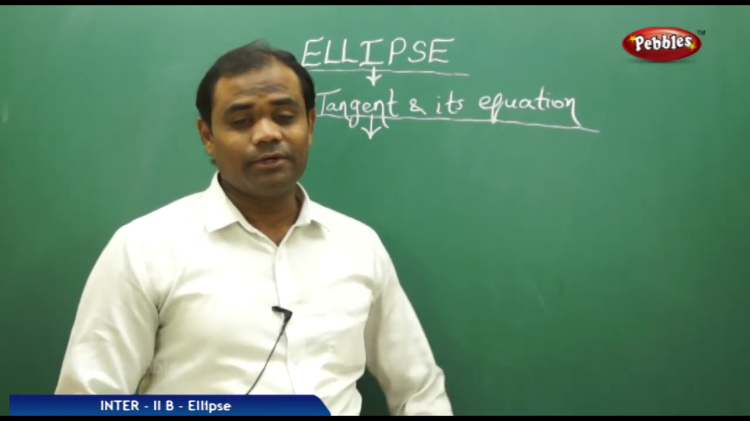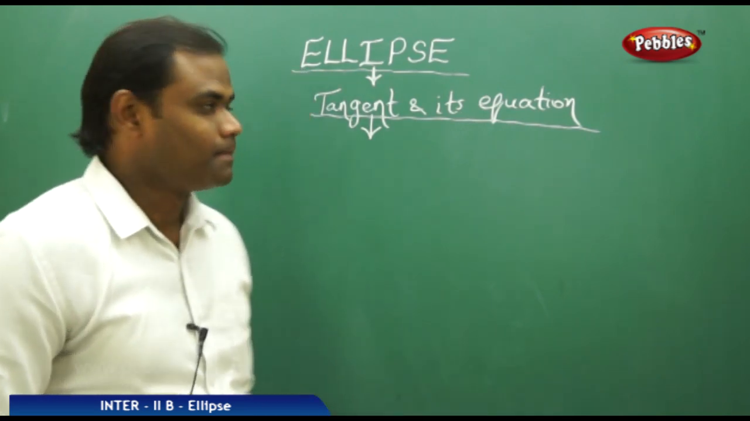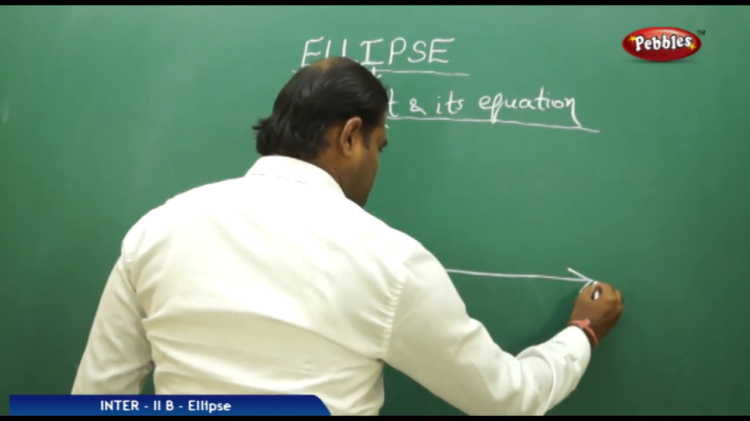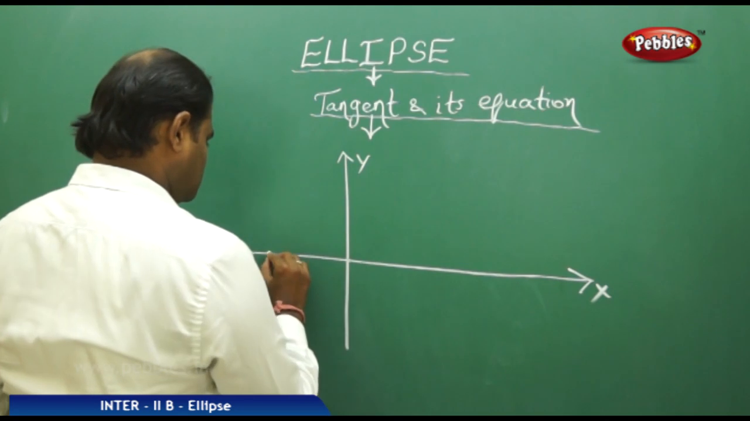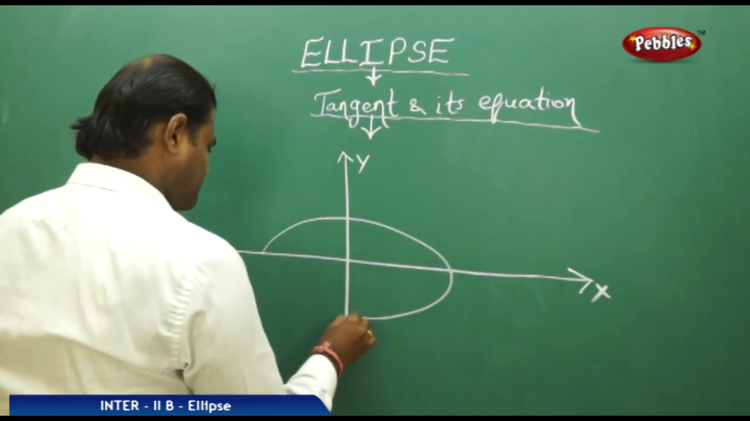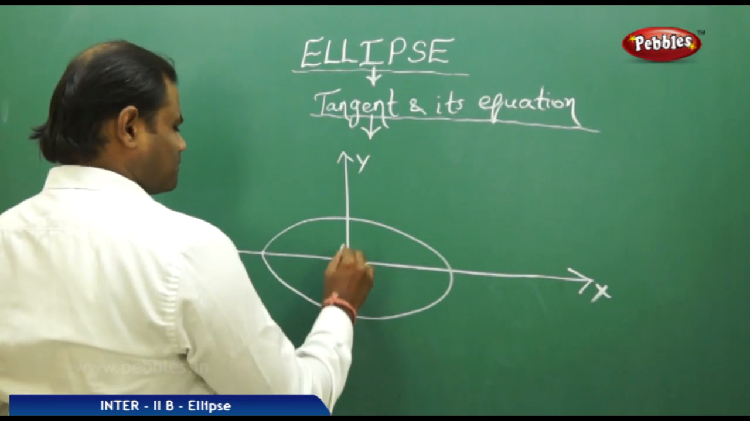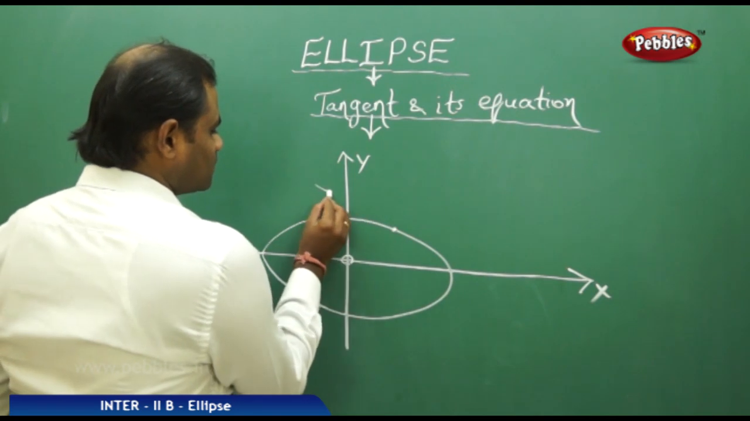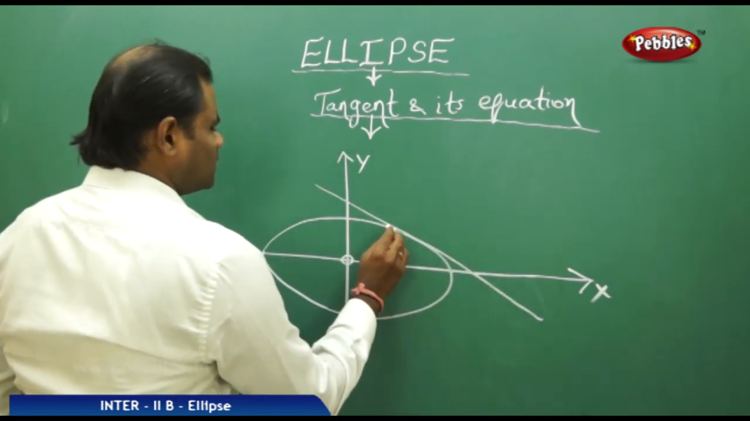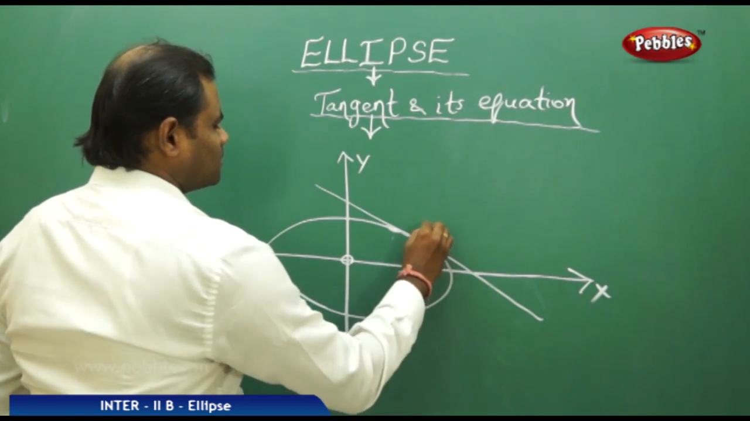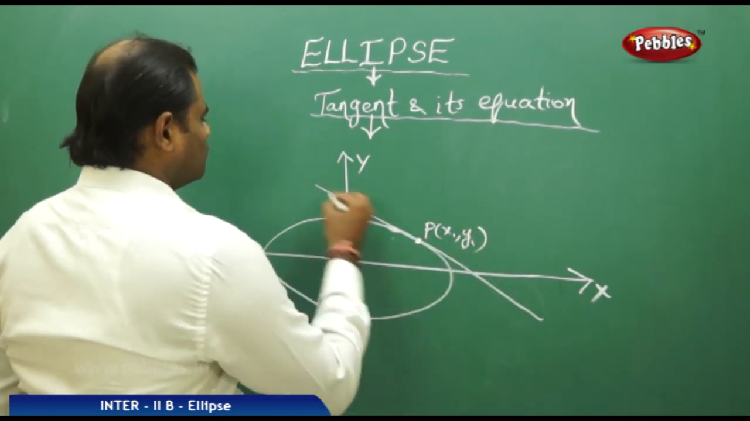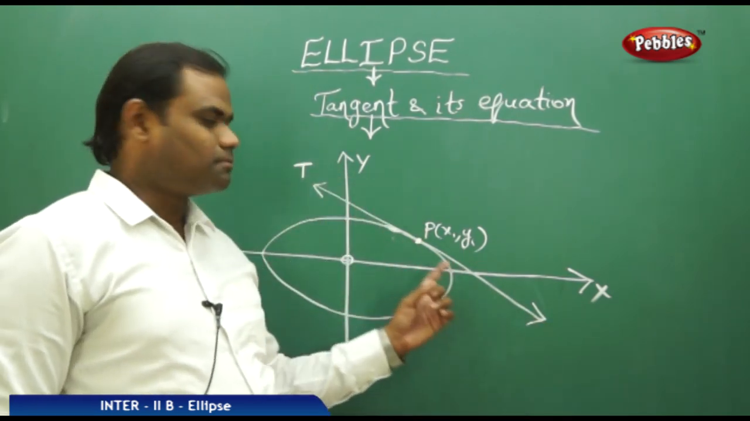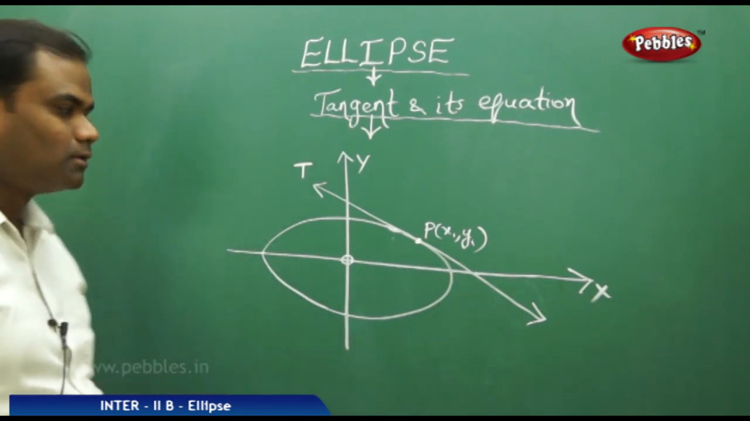Now let's see what is the equation of tangent of an ellipse. For example, I take the ellipse in standard form with origin, and here is the tangent at P, which is x1, y1. Now how do we find the equation of this tangent which touches the ellipse at P(x1, y1), where